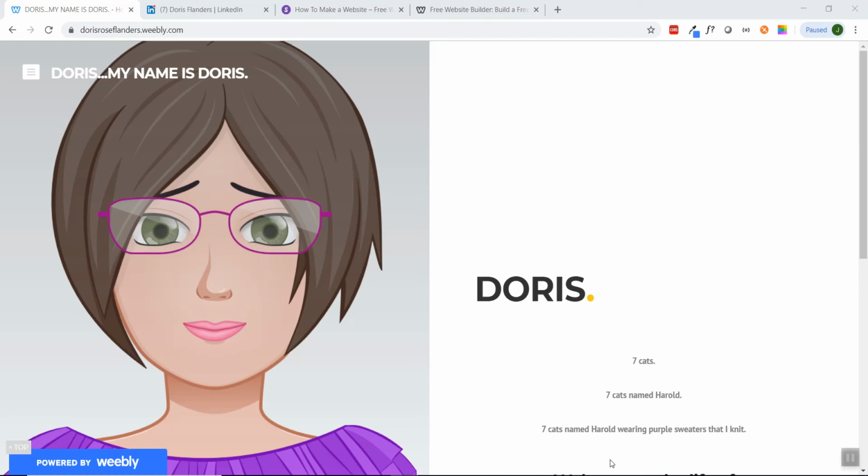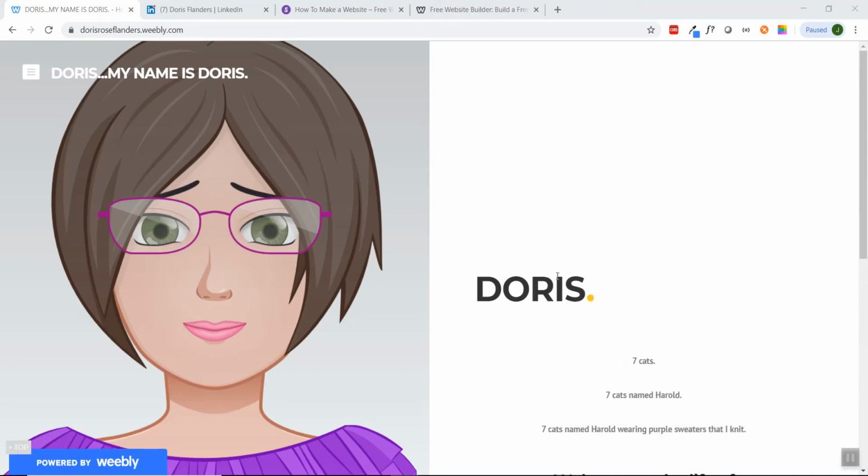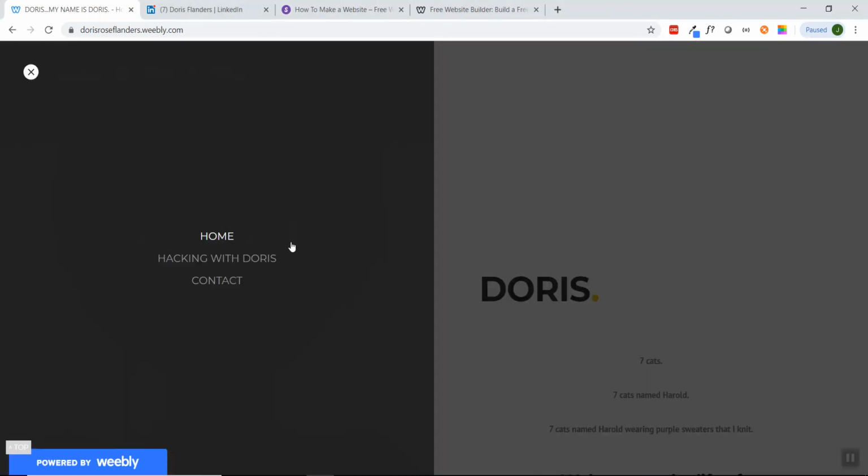The fourth project in the HBO hack is creating a web page. Here's an example of a web page that I created for Doris. Here is the home page that just gives you a little bit of information, and the directions say to have